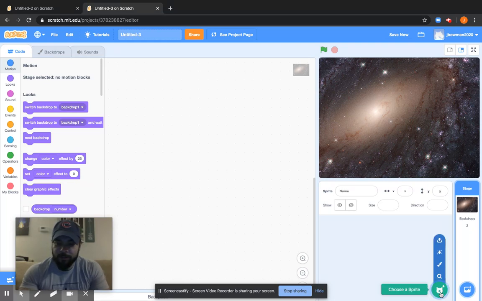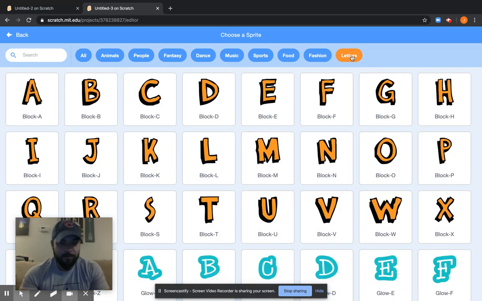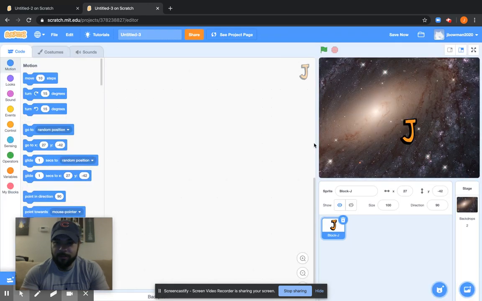Down here, they're going to choose a sprite. Sprite can be a bunch of different things. It can be characters. It can be letters. So we're just going to start with some letters. Scratch is very cool. You can make games, you can make little animations, you can do all kinds of really neat stuff with it. It's just a great way to kind of learn the way that programming logic is going to work. So we're going to grab my J here,